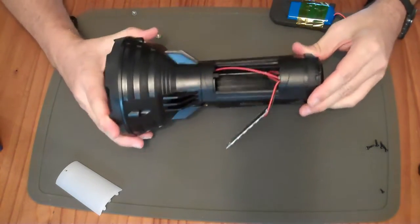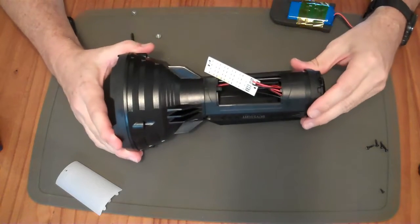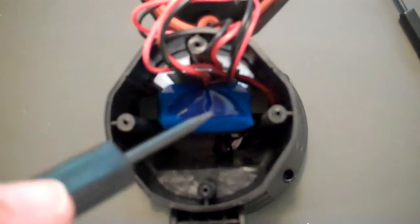I mean, I don't think you're going to have any problem with this in the rain. It's relatively well sealed. Well, I'm not certain if it would really hold up to a standards body testing those ingress protection ratings, however. So one design decision I don't really like is that they have the battery offset to the bottom, and that means this little thing right here,